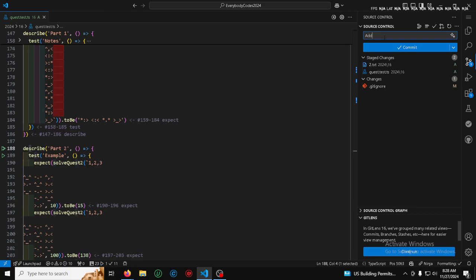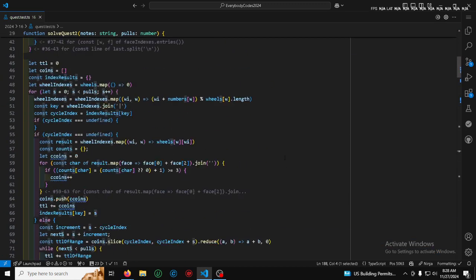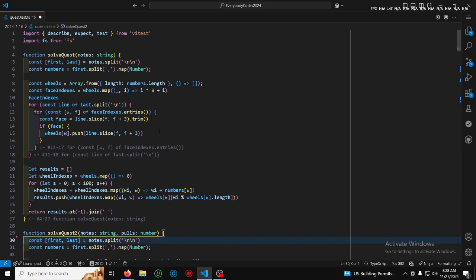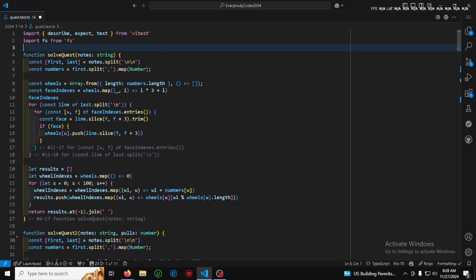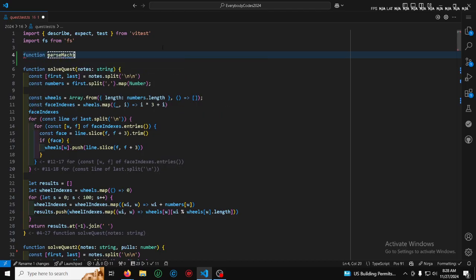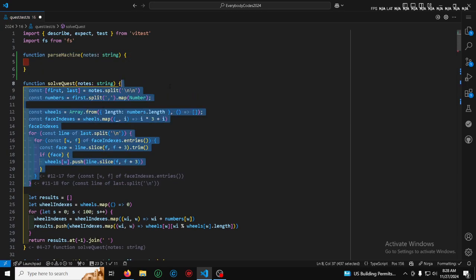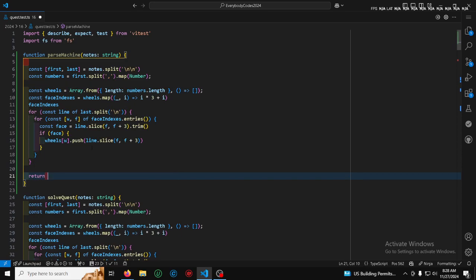Add initial 16 solution. There we go. It's refactoring time. Oh, we can get rid of that bit. So I think parsing and all that does the real easy part. So let's do that. So function parse machine notes string. We want basically everything up here. Specifically, we want the